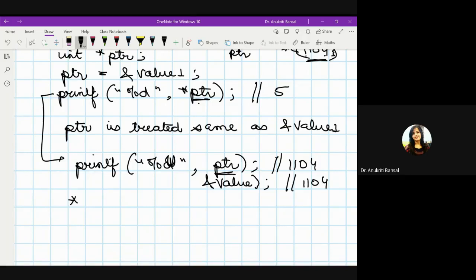Similarly, dereferencing PTR is treated same as value 1,